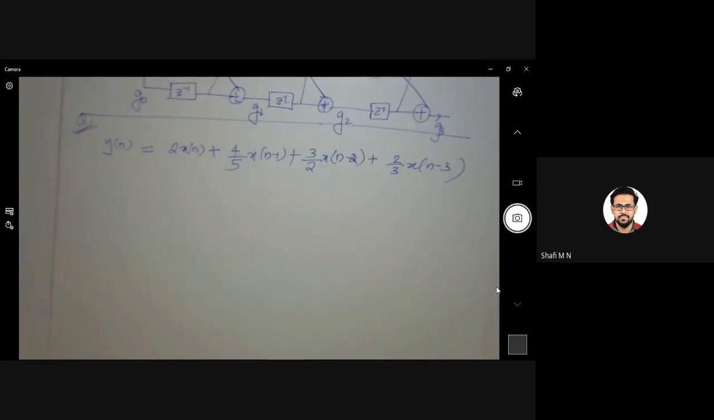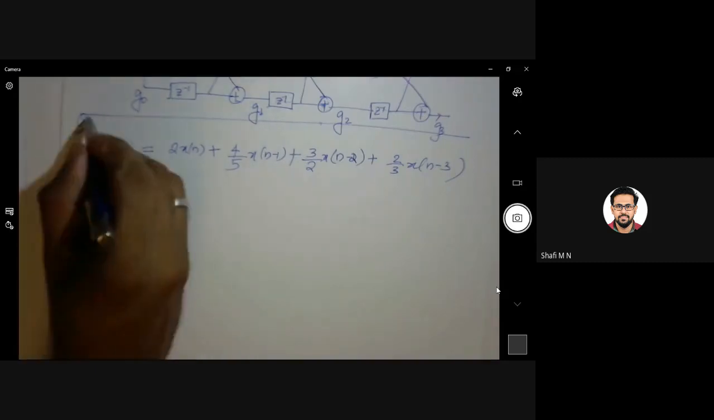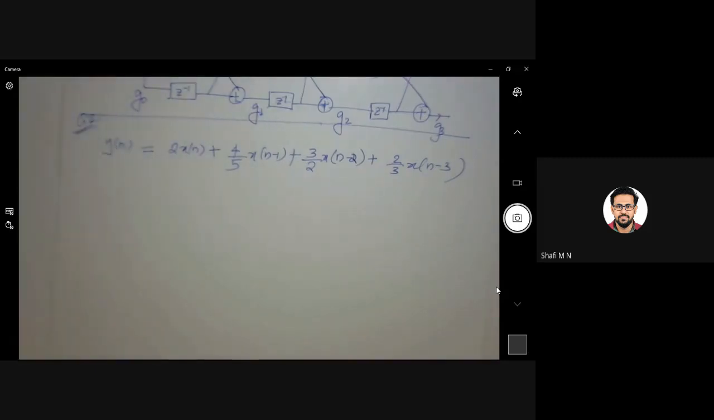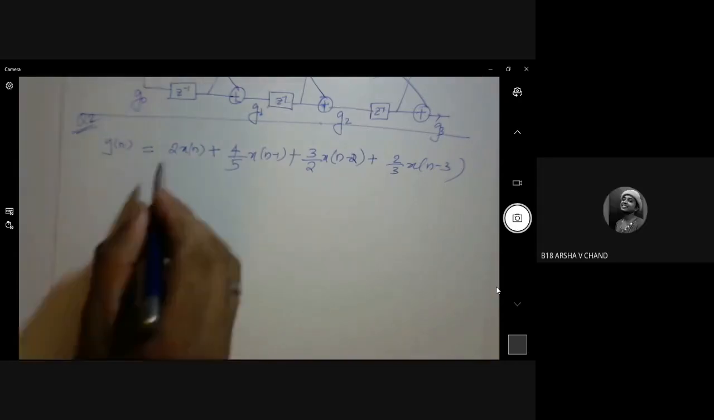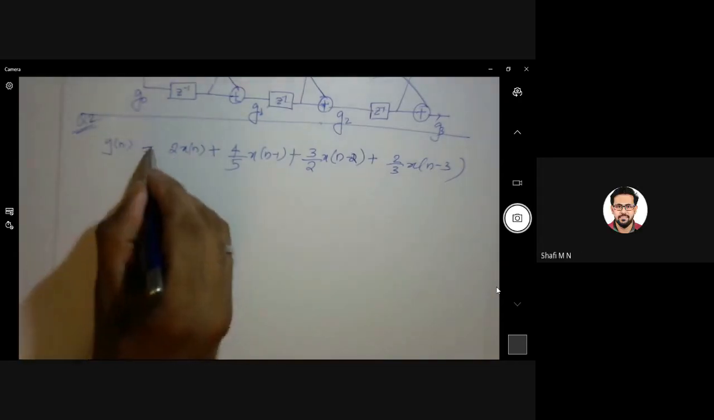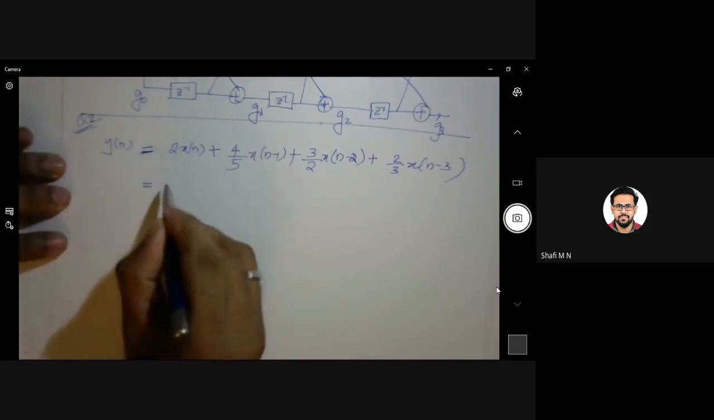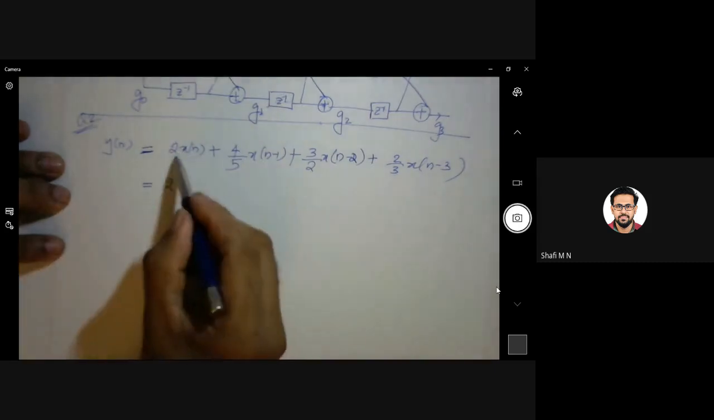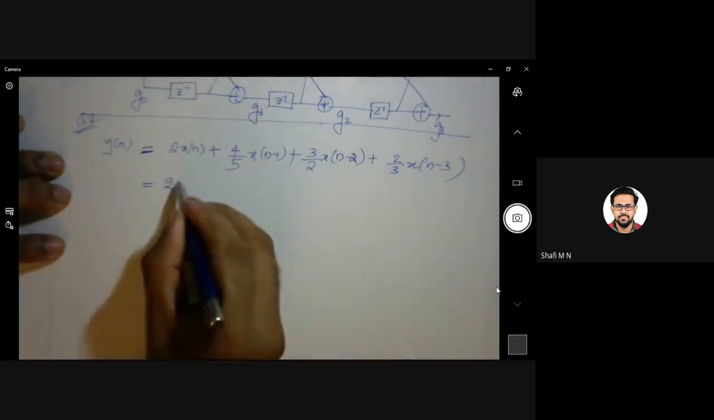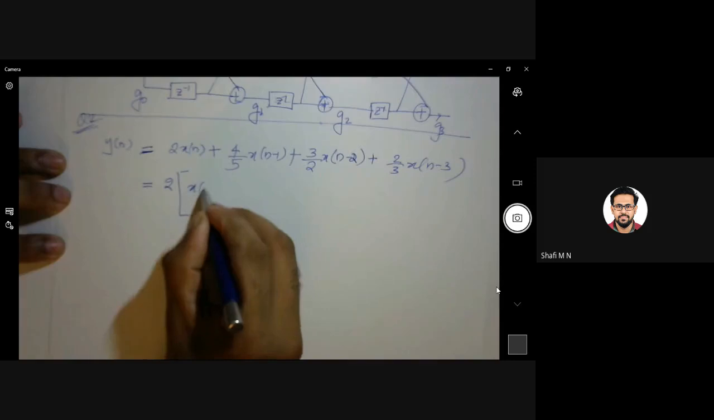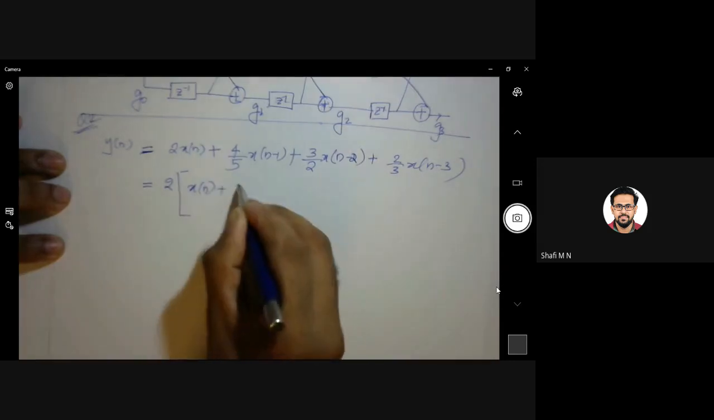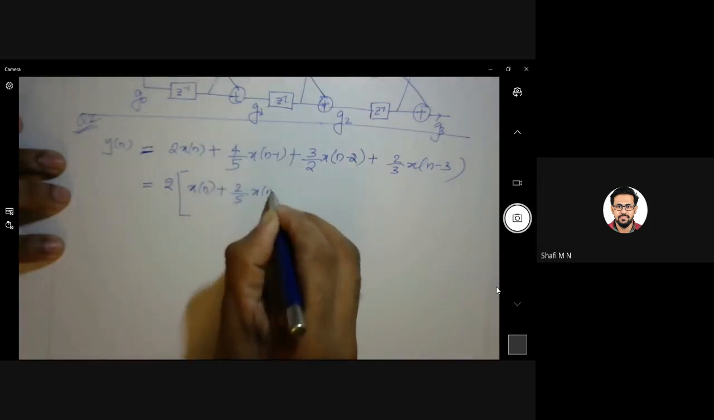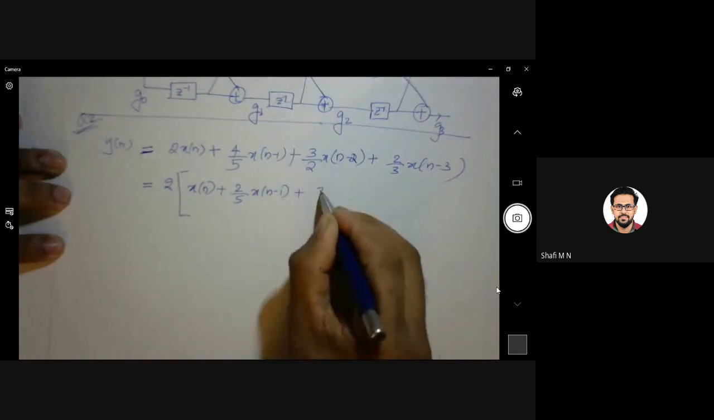Okay, listen carefully. What is the major difference between this question number 2 and 1? The coefficient of X of n is 2. That means you take 2 common here. We always defined the equations of the lattice structure upon the consideration that the coefficient is 1. So you take 2 common outside so that this will become x of n plus say 2 by 5 into x of n minus 1 plus 3